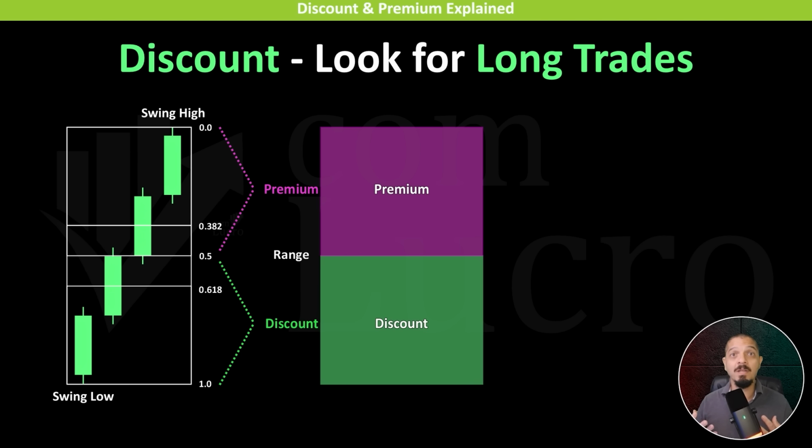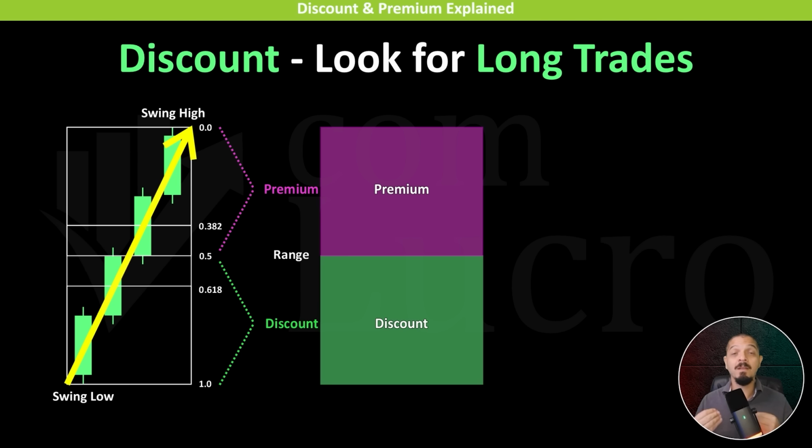The upper half of the range is always called the premium zone, while the lower half of the range is always called the discount zone. So when using the Fibonacci retracement to define discount and premium zones, it is essential to draw it in the correct direction. In a bullish scenario, where the range is measured from a swing low to a swing high, the Fibonacci should be drawn with the 0 level placed at the swing high and the 1 level placed at the